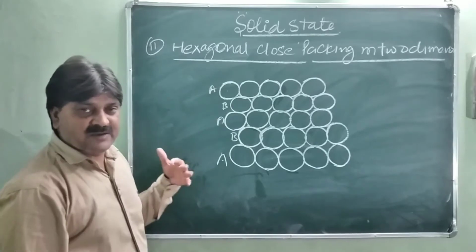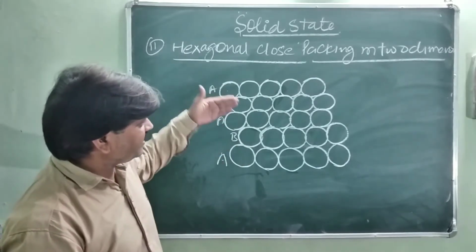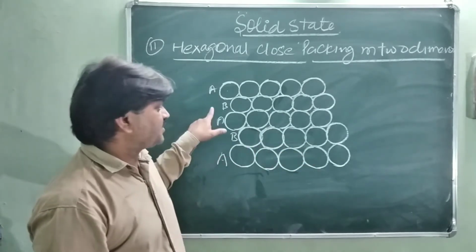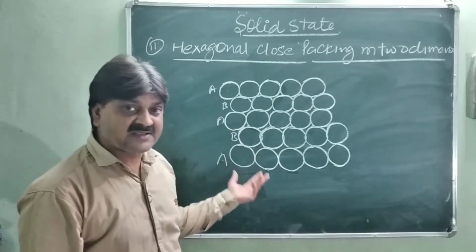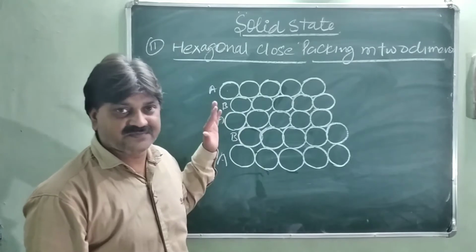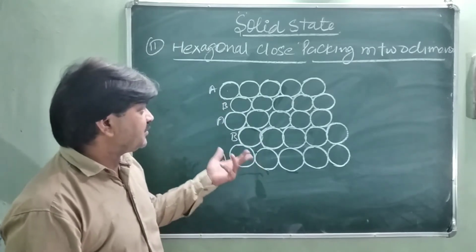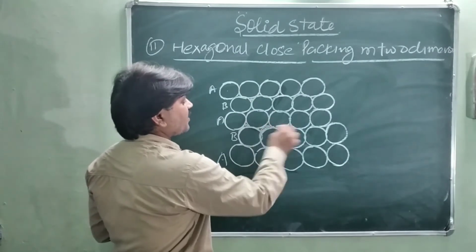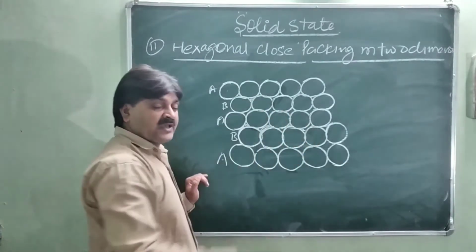So which type of structure is created by placing the atoms in this way? This is the AB type of structure. Their element is not the same as one above the other, and it is a more efficient solid. You will see there are fewer vacancies found in between this solid, very few as compared to the A type.